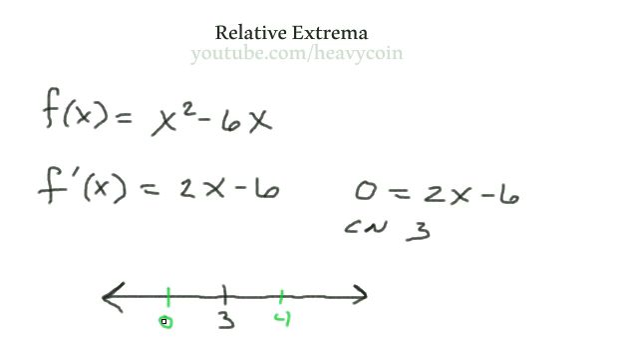So then we take our test points and plug them into the derivative and see if we get positive or negative. So I'm going to take 0, plug it in up here. So 2 times 0 is 0, but then we're left with a minus